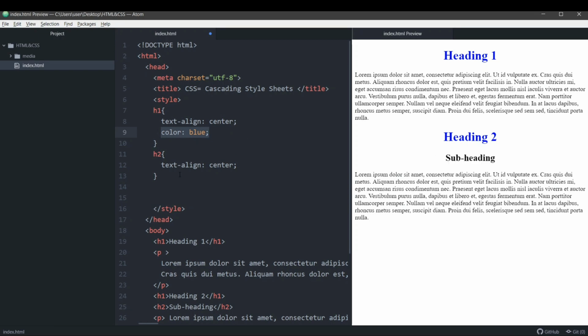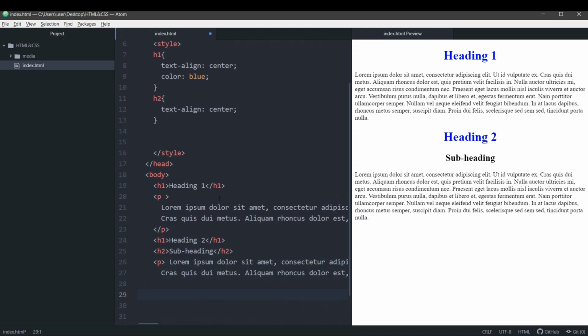Okay, so this was how to use the style tag, or internal CSS. Now as many h1 tags as you have throughout your page, these changes will be added to all of the h1 tags present in your web page. Now the next thing that we're going to see is called external CSS, or how to add styling to our complete website if you have 2-3 web pages.